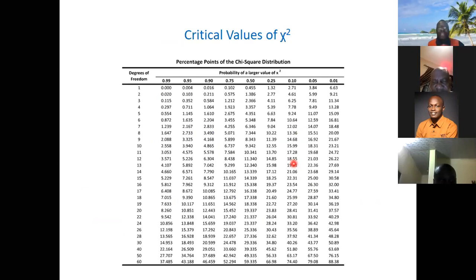So this is a critical value table of chi-square. You will see for 0.05, with degree of freedom 1, the critical value is 3.84. You calculate chi-square now, and if the degree of freedom is 1, you first check that the critical value is 3.84. So that is how you